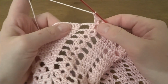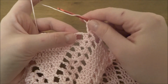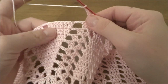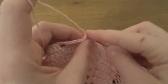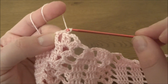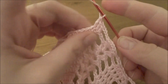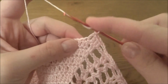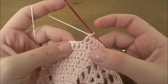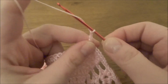I've done my V-stitch, so now we will start working on our double crochets. So into the first, after the chain of 3, into the first 6 double crochets we will work 1 double crochet. 1, 2, 3, 4, 5 and 6. So we need to skip the last 2 stitches, chain of 3, 1, 2, 3, and we